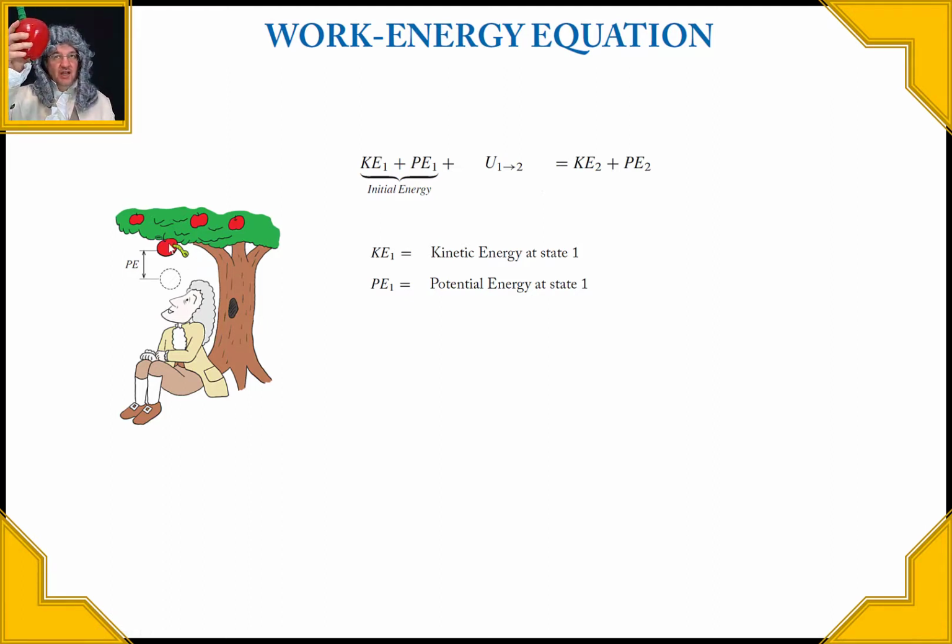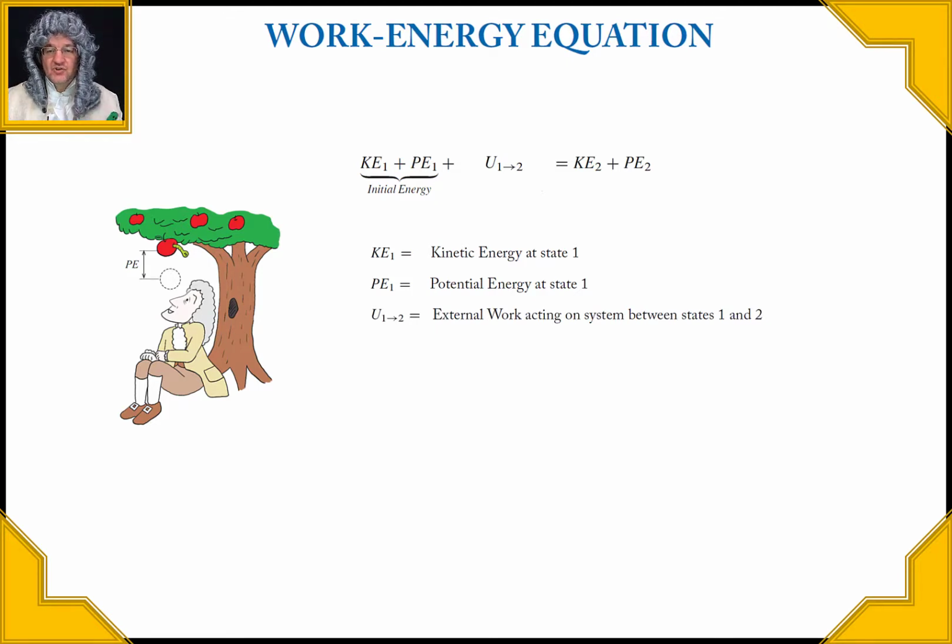So you can see that initially, the kinetic energy is 0 for Wormy as he's attached up in the tree, right? Then external work happens to him, so maybe someone pushes down on him. That would be an external work. We have to be careful here: some books will say that potential energy is a particular kind of external work. But we're going to go ahead and just introduce potential energy as its own thing here. But anyway, some outside thing takes place. And then in the second state,